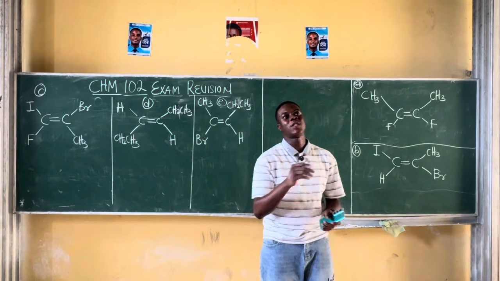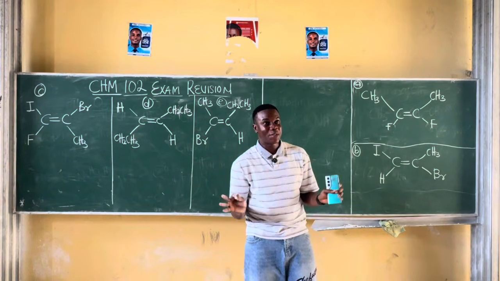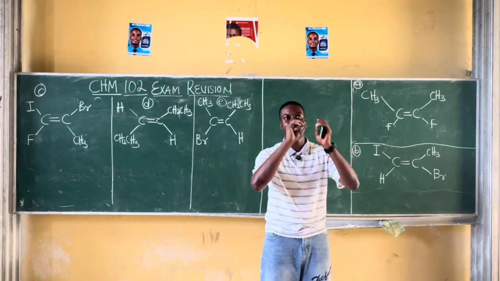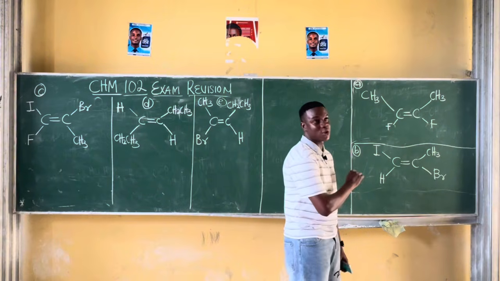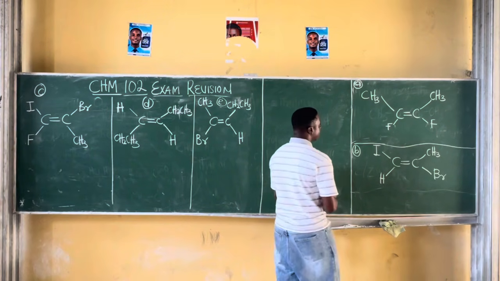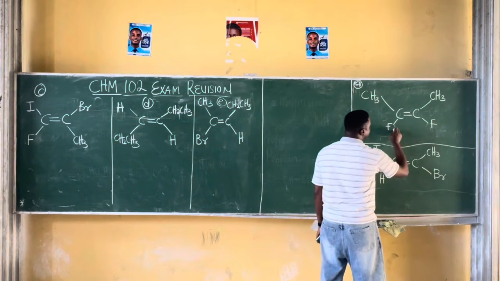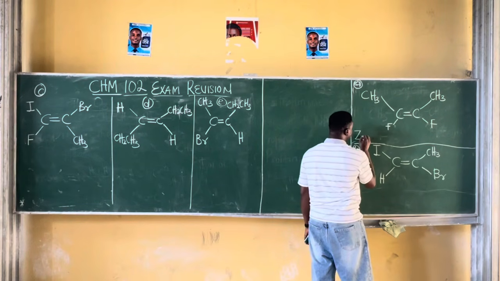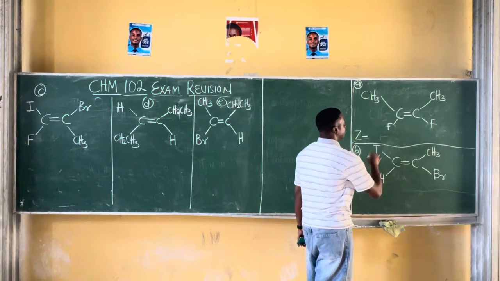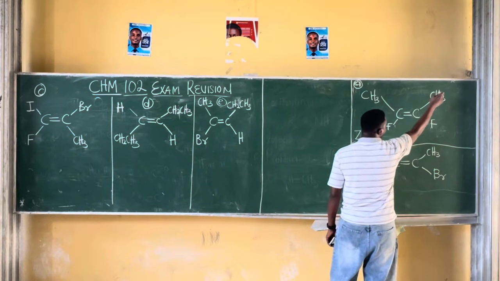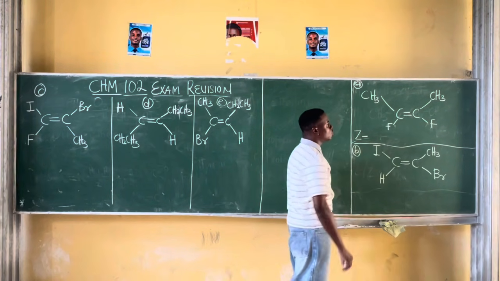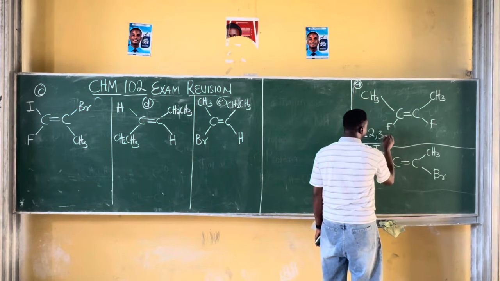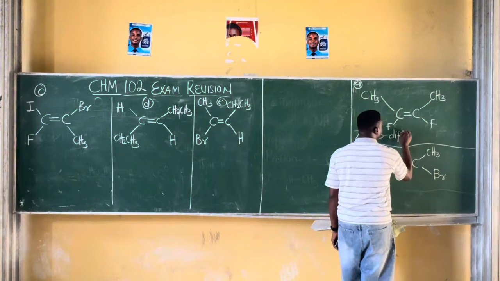So I will advise you to just give it two names. Both of them are correct, but one is the IUPAC standard, which is generally acceptable. So for me, I will use just Z. Because the fluorine is on the same side, we give higher priority to fluorine instead of the methyl groups. So this becomes Z, hyphen. Here we can see this is 1, 2, 3, 4, so the fluorine is at carbon 2 and carbon 3. So Z 2,3-di